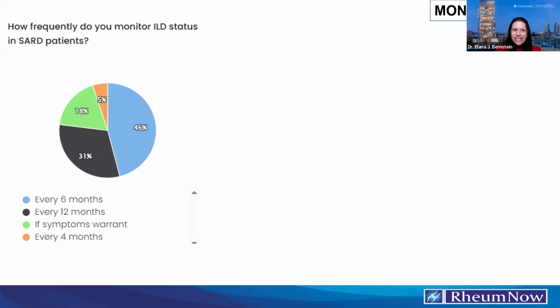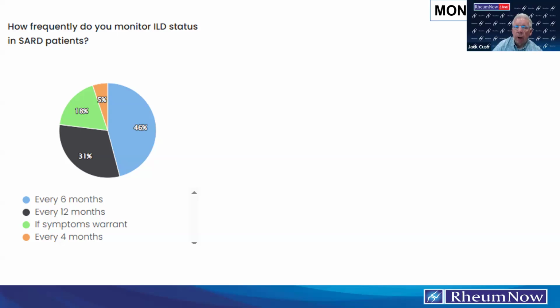I'm certainly not getting an HRCT every 4 or 6 months. It is reasonable to get a repeat chest CT at 1 year. I don't do that routinely, but there are some people who do, and one could certainly make an argument to do that. And I think also in, let's say, patients with an inflammatory myositis, let's say antisynthetase syndrome or MDA5 associated ILD, I think it's reasonable also to get PFTs for monitoring every 3 months for the first few years.